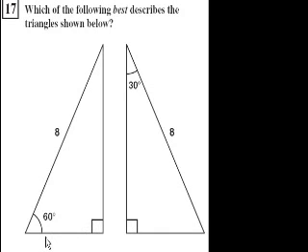The angles in a triangle have to add up to 180. So if this is 90, this is 60, that adds up to 150. So this has to be 180 minus 150, so this has to be a 30-degree angle. So that has to be 30 degrees right there. Fair enough. Now let's get this one. That's 30, that's 90. Well, by the same argument, this has got to be 60, because they all have to